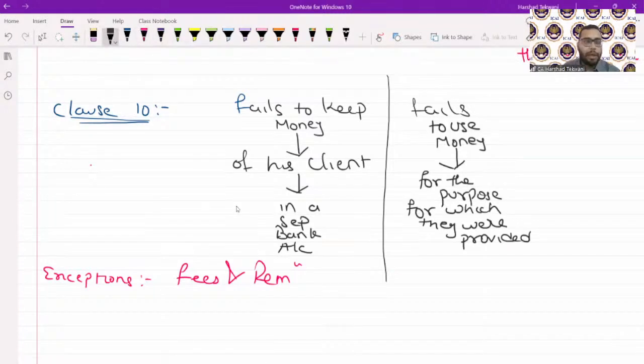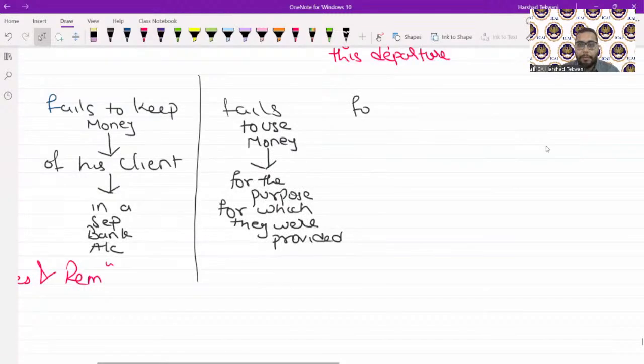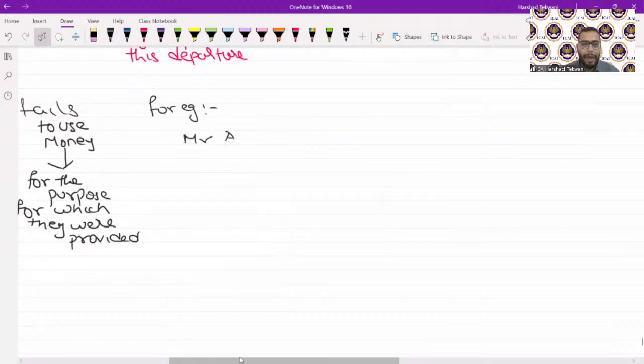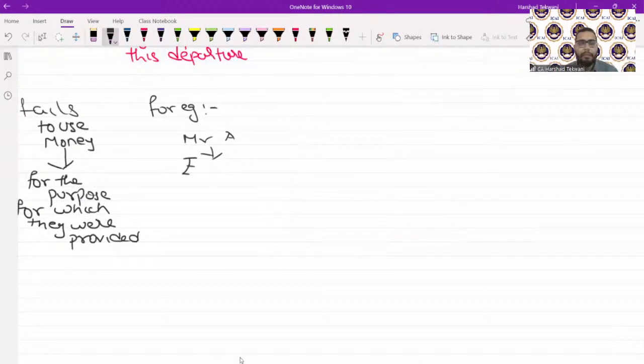Another thing we need to take care of is when I say for the purpose for which they were provided, like failing to use the money. There are certain things required to be taken care of, like within a reasonable time frame. Let me tell you with an example. For example, if Mr. A, who is my client, has provided me rupees, let's say, 15 lakhs, for payment